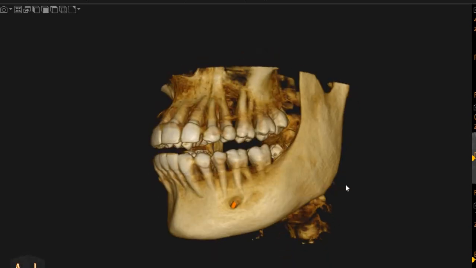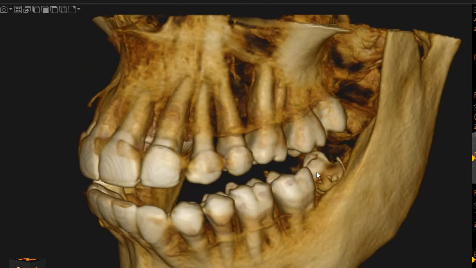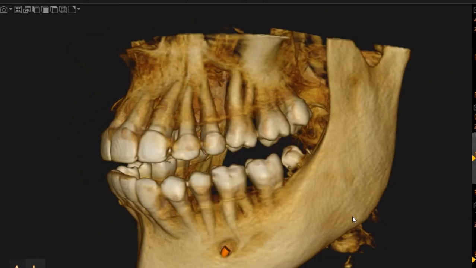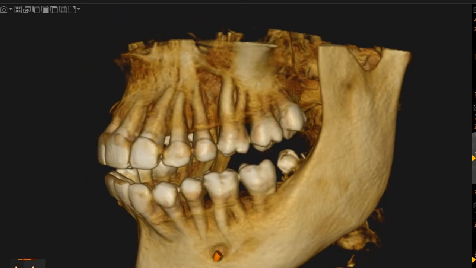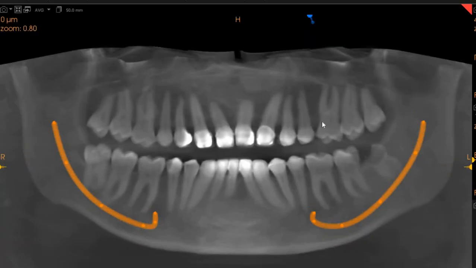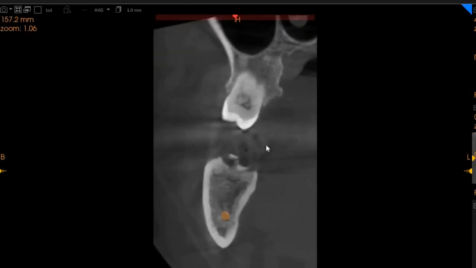This is the CBCT of the patient that you had requested. The area of interest is the lower left third molar or wisdom tooth and its association with the nerve. Here you can very clearly see on the panoramic view that the lower left third molar is significantly close to the inferior alveolar nerve. On the transaxial view, which is basically the proximal view, we will be able to show